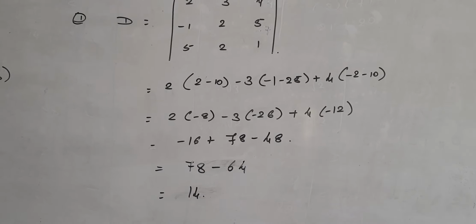ये हमने एक्सरसाइज 3.4 के आगे भी देखा, एलिमेंट्री ऑपरेशन. Ri to Rj means what? Interchange the elements of the ith and the jth row. Ci to Cj means what? Interchange the elements of the ith and the jth column. See here, I'm applying this in question number 1 and 2. You see here, this D is 2 1 1, 1 3 2 and 1 2 3. The value is 8. Interchange ये फर्स्ट और सेकंड में, आई एम अप्लाइंग R1 to R2